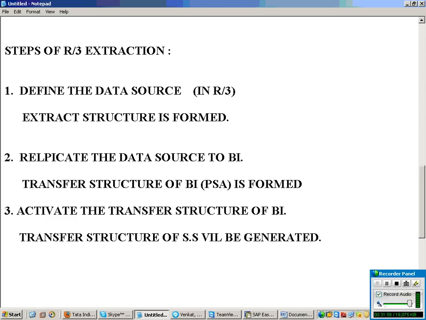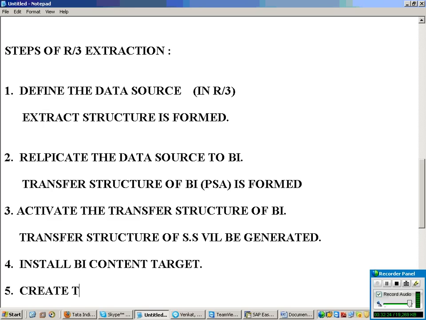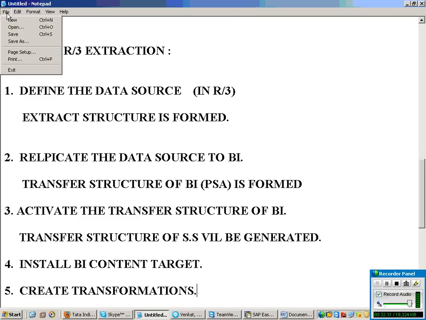Then after this, what is step 4? You have to install the BI content target, or you can create your own target. Next, you have to create your transformations.